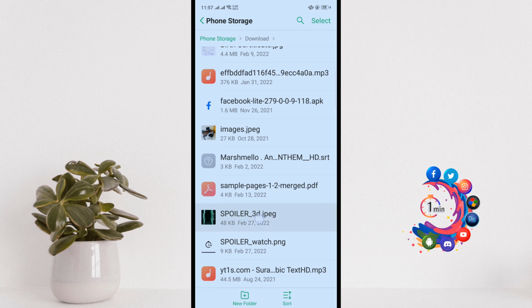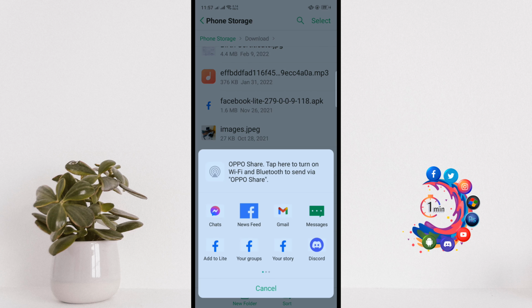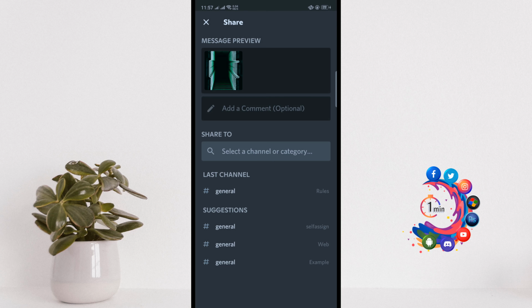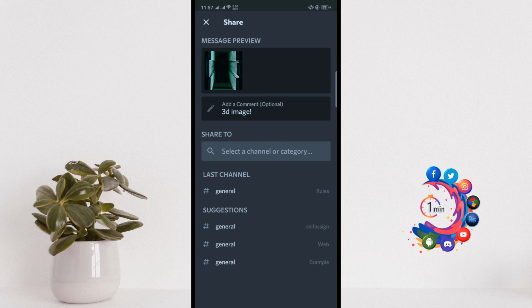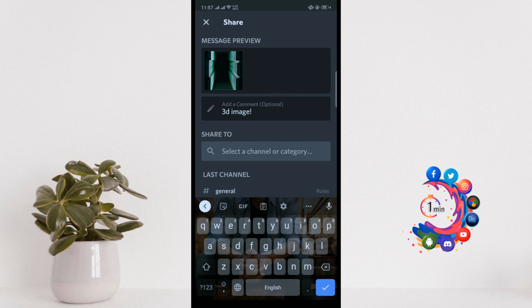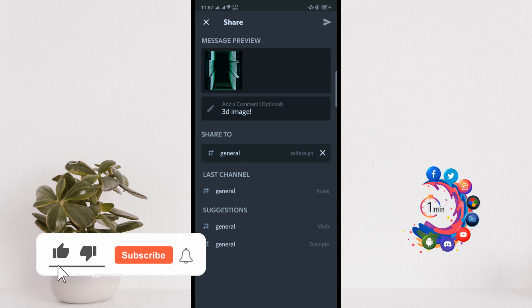Now tap above the image and click on send, and from here select Discord, and now add a comment here. Share to, here you have to select your channel or category. So I'm going to select this channel and now simply click on this little send icon,